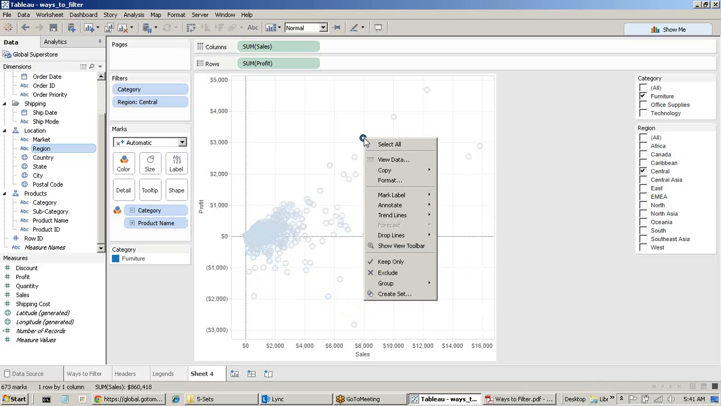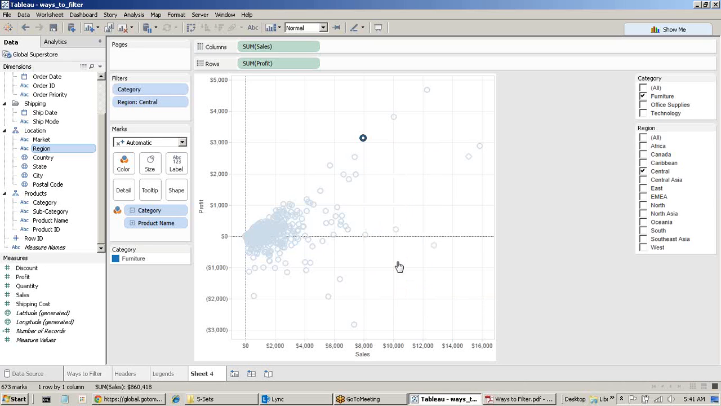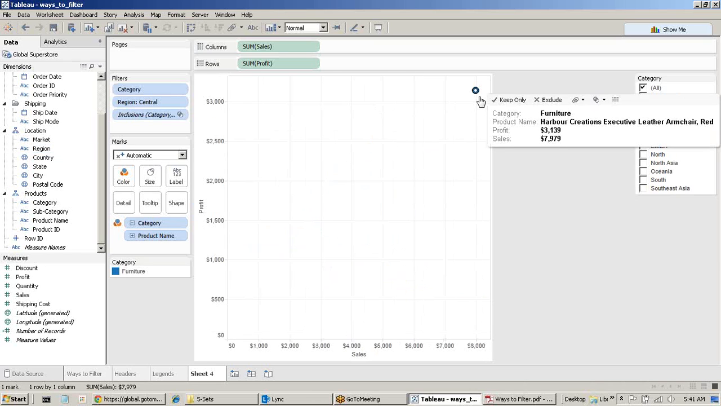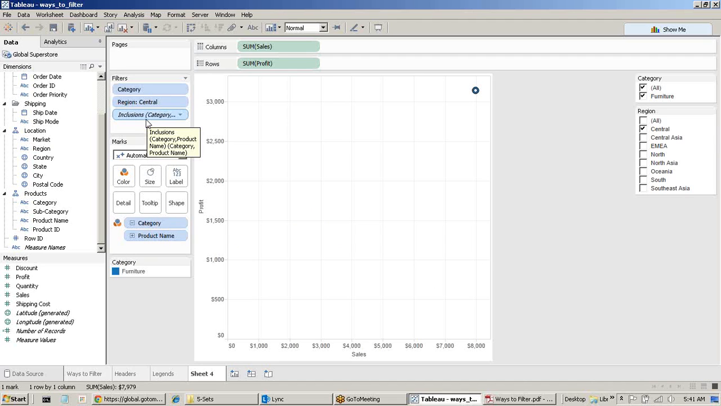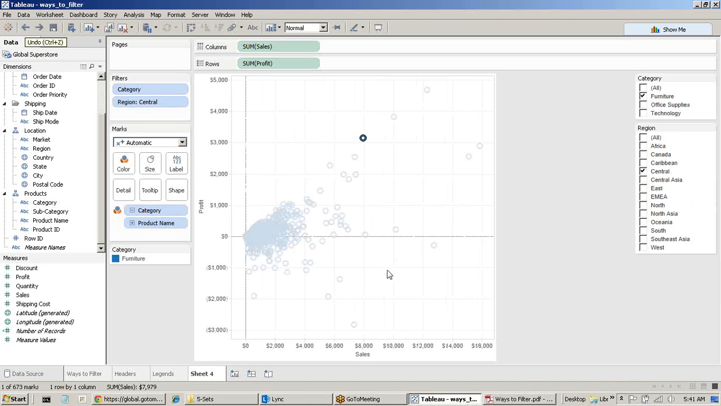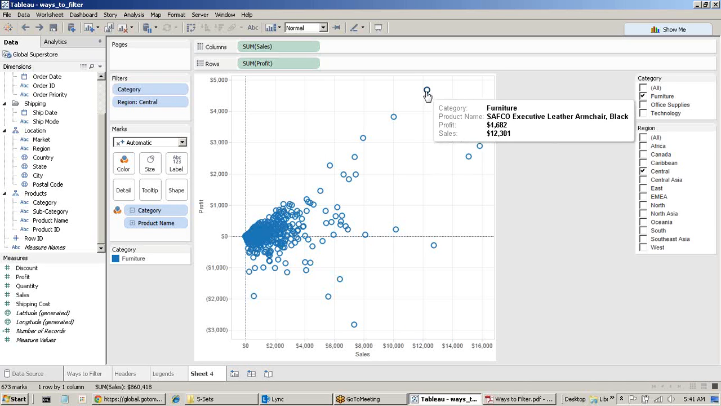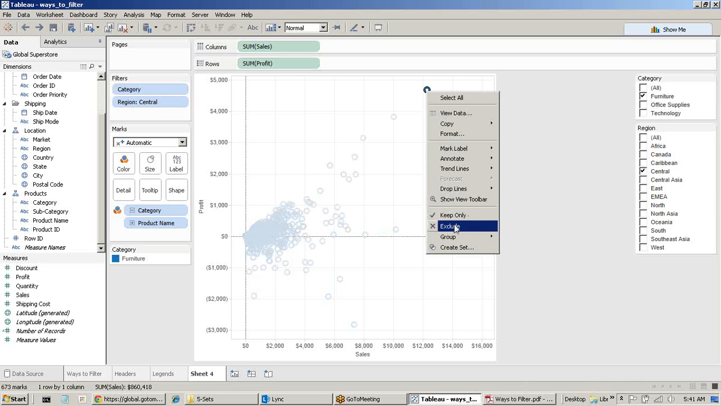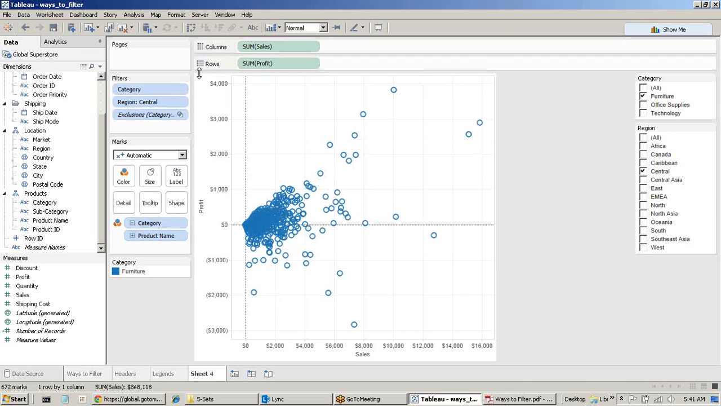The third way is you can always right click and say keep only. Okay, or exclude. So if I say keep only, you can see it just kept one mark. This is automatically added. This is kind of an auto-generated filter by Tableau. Okay, I can always go back. So basically, if you don't want to include this, you can always right-click and say exclude. So that particular mark will be excluded automatically for you. Okay, so you can say